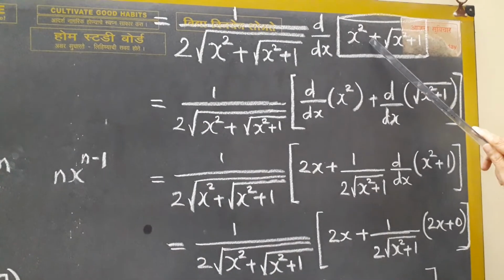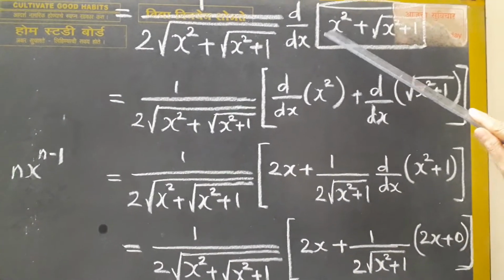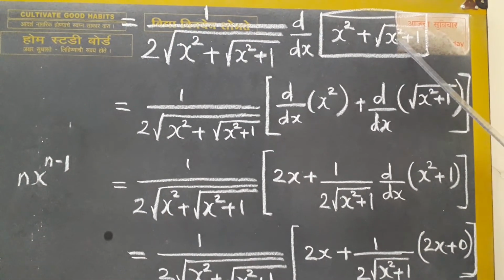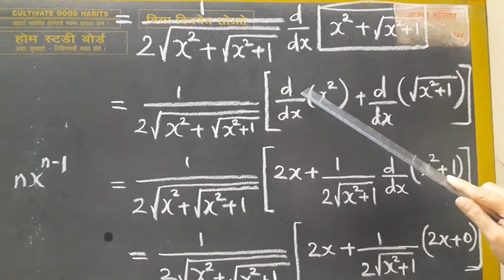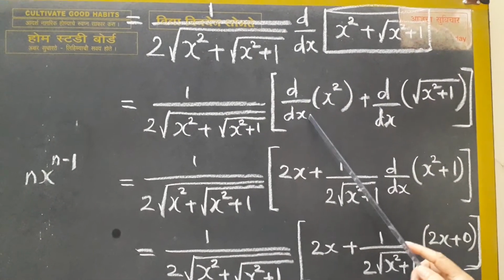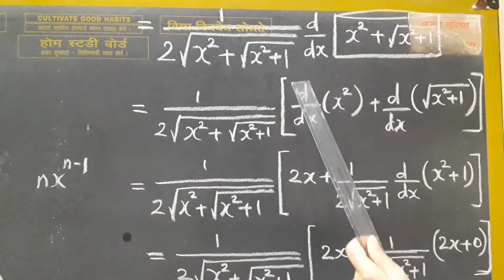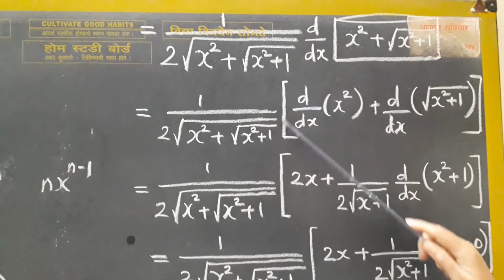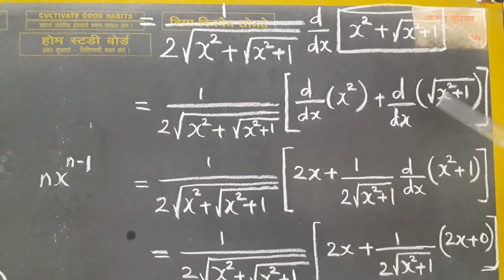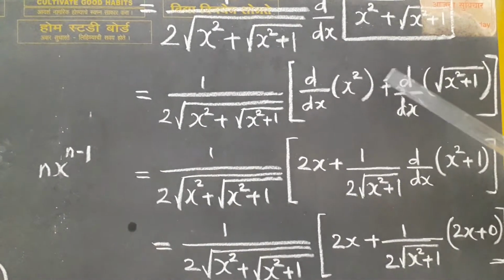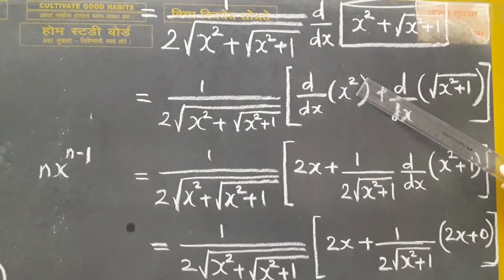Once again we ask the same series of questions. How many terms are there? I can see two terms. So we will find out the derivative using the addition rule. We write it in the next expression, 1 upon 2 times root of the expression multiplied by, we are enclosing it in the bracket, the derivative of first term plus derivative of second term. Now in the next step we will find out the derivative of the first term. Is there any multiplication or division? No.